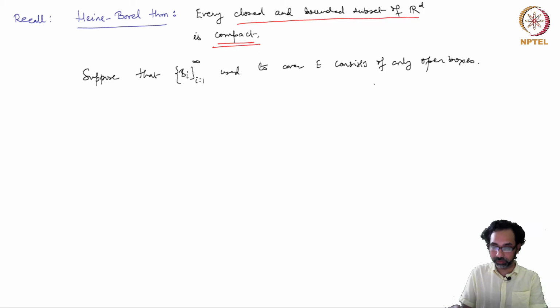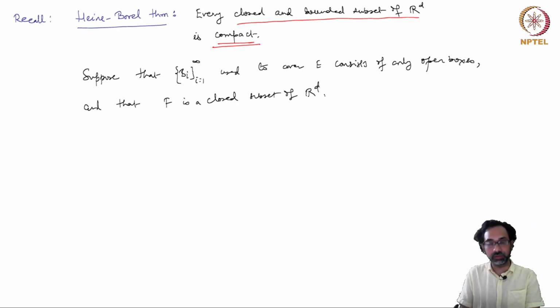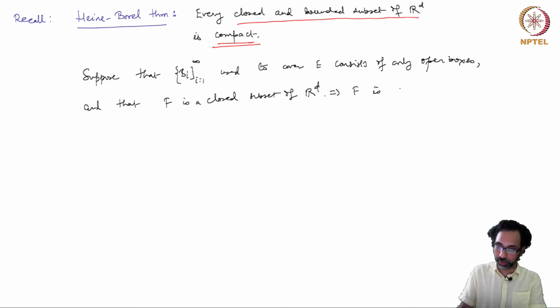So that's why we are supposing that each of these boxes B_i is open. Suppose also that F is a closed subset of R^d. Because E was bounded, if F is closed, F is also bounded. This implies that F is compact,